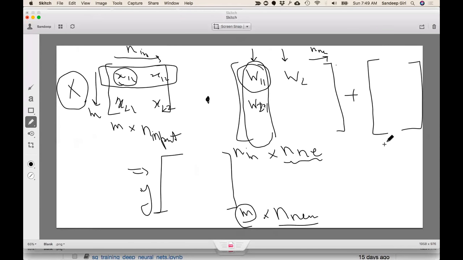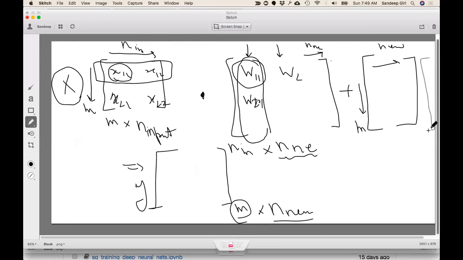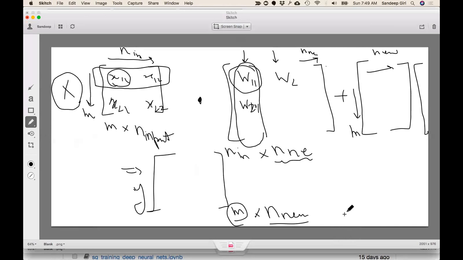This y has m rows and number of neurons as the columns. The weights that are going to be multiplied to it should lead to the same dimension as this one. So how many weights are going to be there? The total number of the, okay. So can we